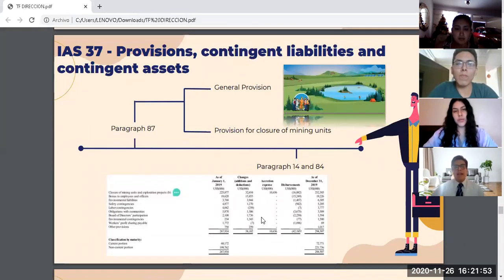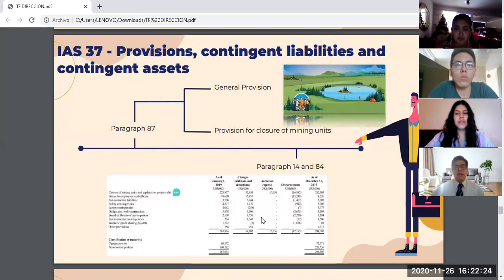Okay, IAS 37 talks about provisions, contingent liabilities, and contingent assets. So we have two paragraphs that the company applies. The first one is paragraph 87, where the company details what it refers to with general provision and provision for mine closure. The other paragraphs are 14 and 84, where the company discloses in the note in question the amount in books at the beginning of the period as well as the end of the same,